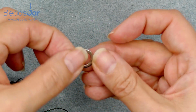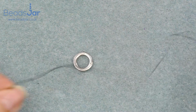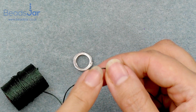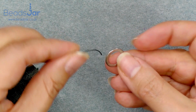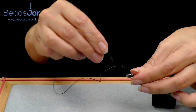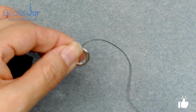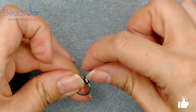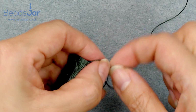Let's get started, and we're going to take our washer ring. So you need to wrap some of this cord. Any cord will do, because you're going to be sewing through it with your beading needle, so it needs to be something fairly fine. What we're going to do is just take the end of the cord, take quite a bit of it and then start to wrap it around. This is almost like, if you're ever making pom-poms, it's the same kind of process where you're just weaving the thread in and out of a circle. So you're going to take the thread all the way around to cover the entire piece of